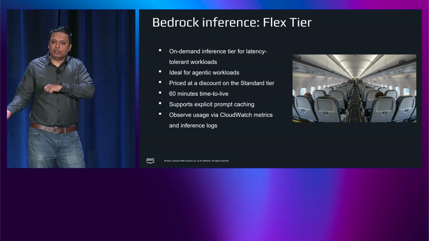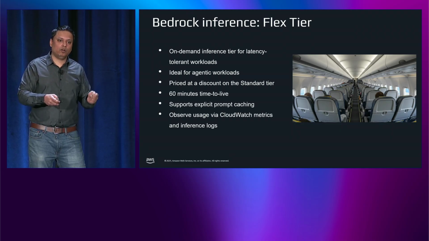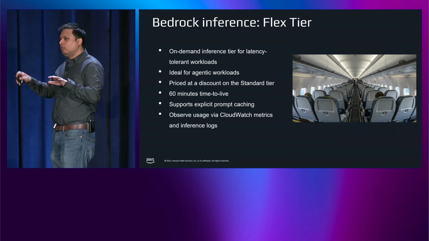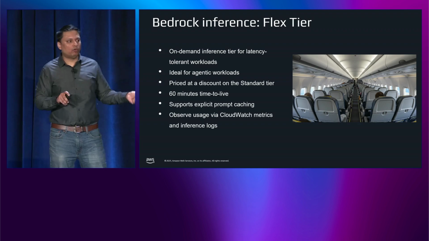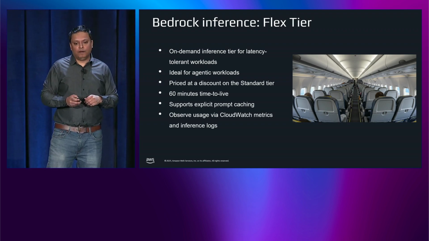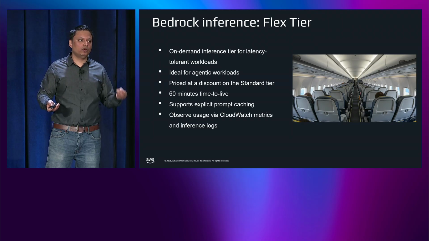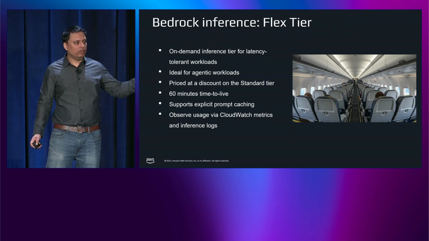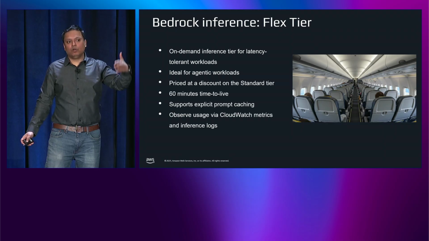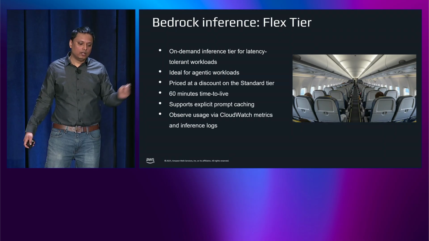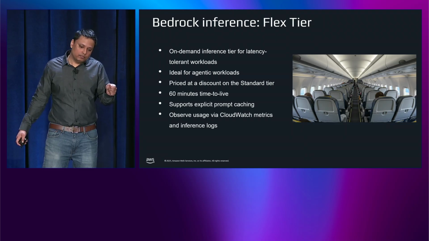And you can also get a discount on the processing of the data, right? So it is priced at a discount on the standard tier. We are thinking around 50%. It can depend model to model. It can change model to model. But the mental model is around 50%, right? We want to give you that cost benefit if you are willing to wait a little bit longer so that other high priority requests finish ahead of you. But you will also get your request finished whenever you need it. It's just a longer duration.